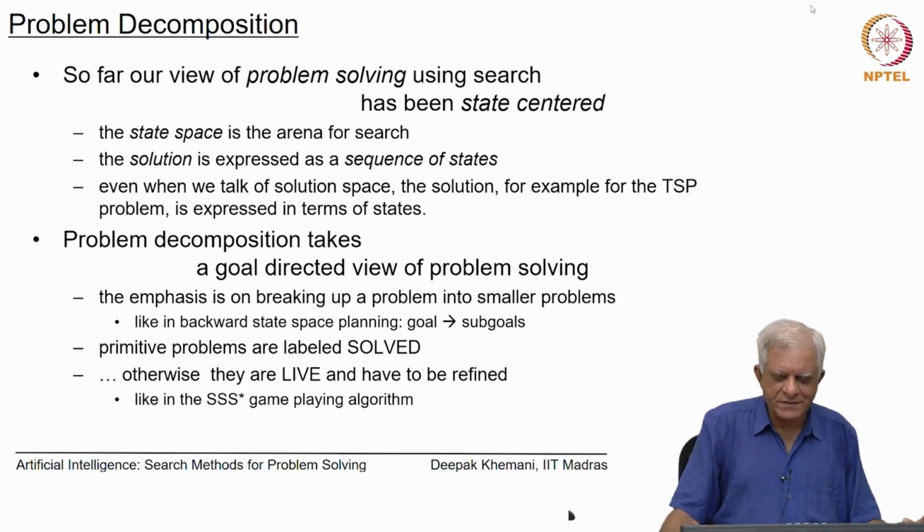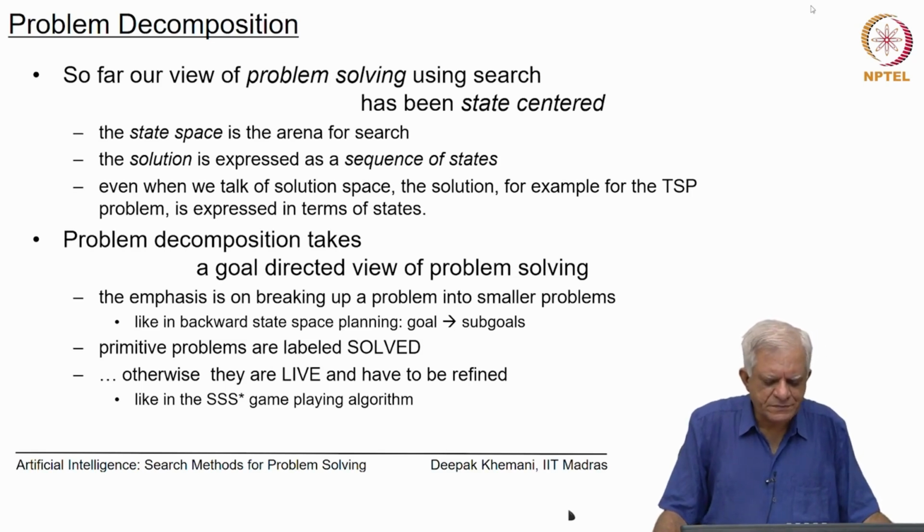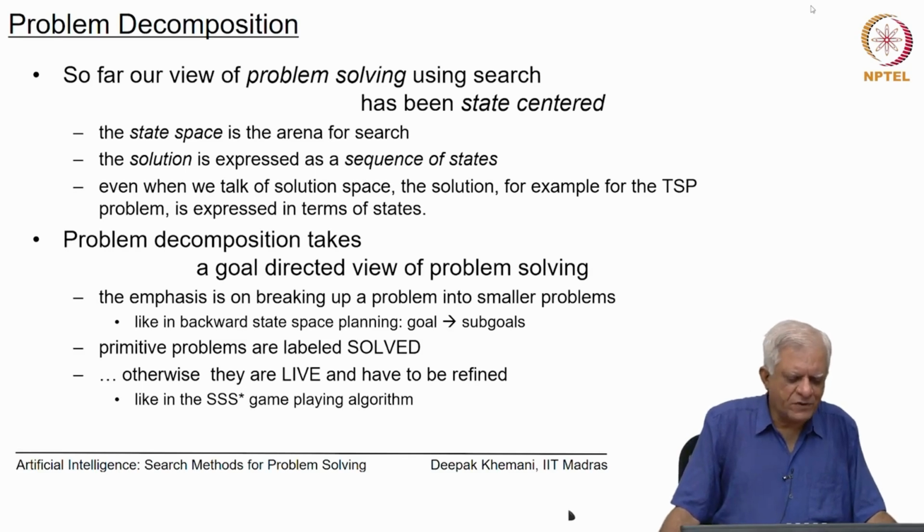And this is a little bit similar to what we did when we looked at the SSS star algorithm for game playing, in which we had partial solutions which needed to be refined further and so on. In fact, as we study this approach, you should try to compare it with the algorithm SSS star that we developed earlier. So, let us start off with some motivation first,